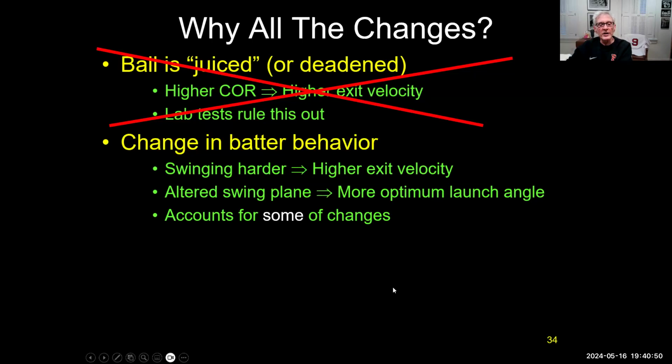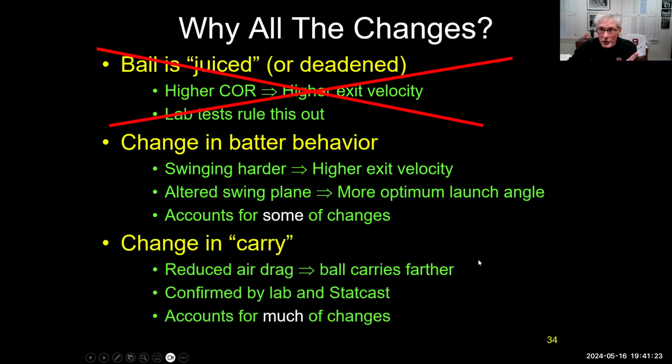The other possible reasons are changes in batter behavior. Batters are swinging harder. They're trying to hit more home runs by swinging harder, and you'll get a higher exit velocity. They're altering the swing plane of the bat in order to achieve a more optimum launch angle. Remember, you want to get it to 25 to 30 degrees. If you hit the ball hard, but it's going straight back towards the pitcher, or even in the infield, you may get a hit, but you're not going to get a home run. And that turns out to account for some of the changes. But much of the changes